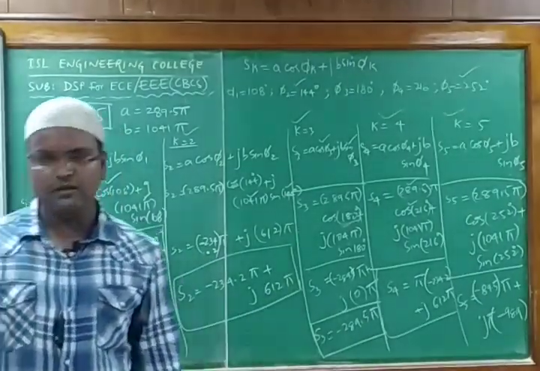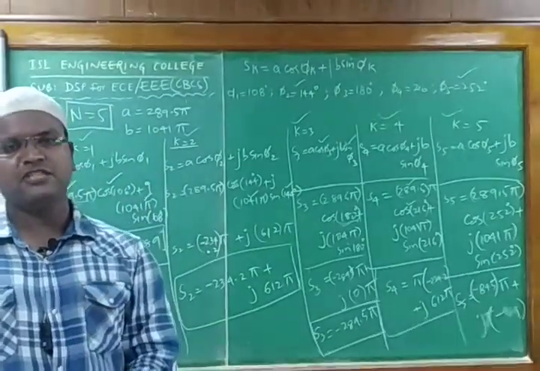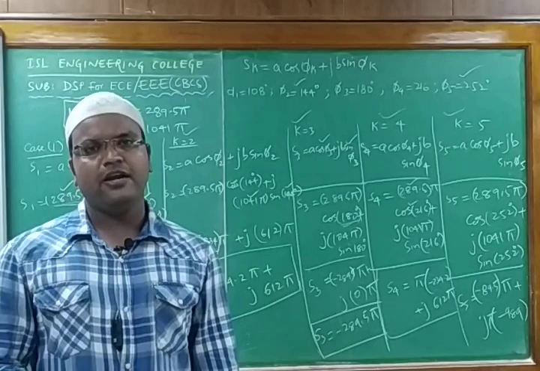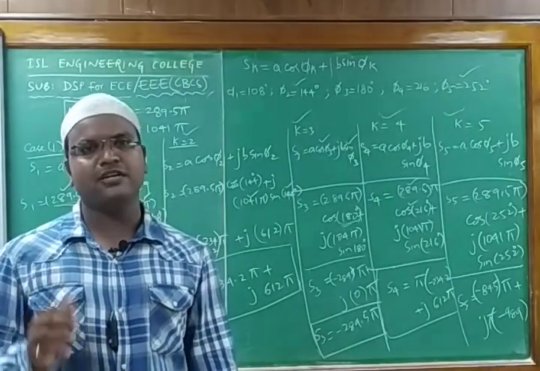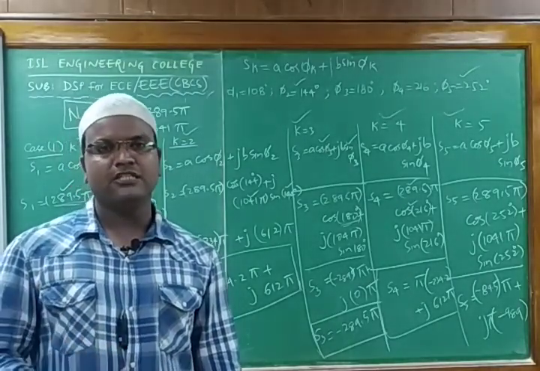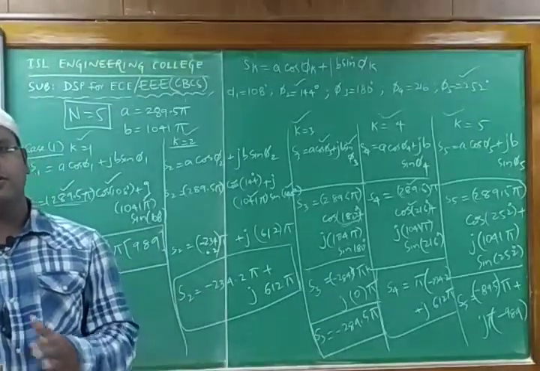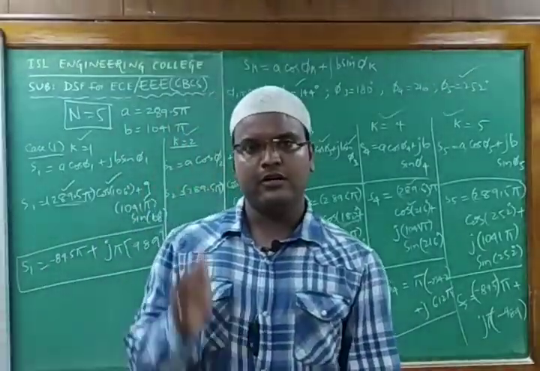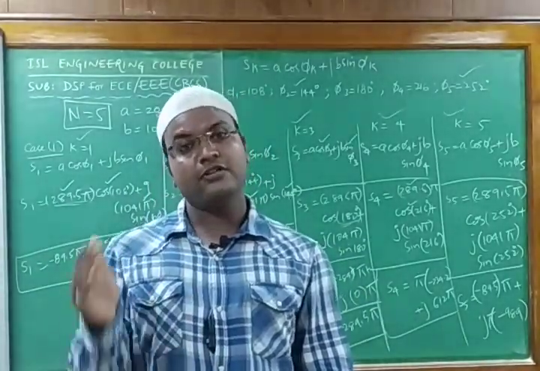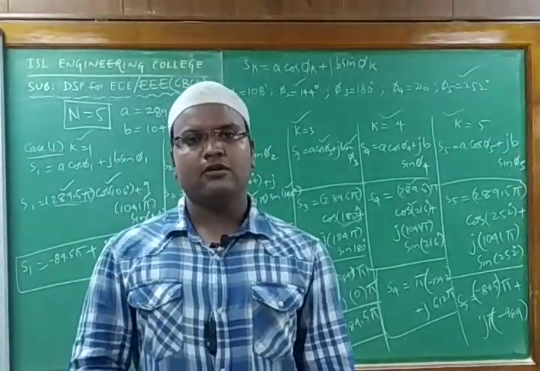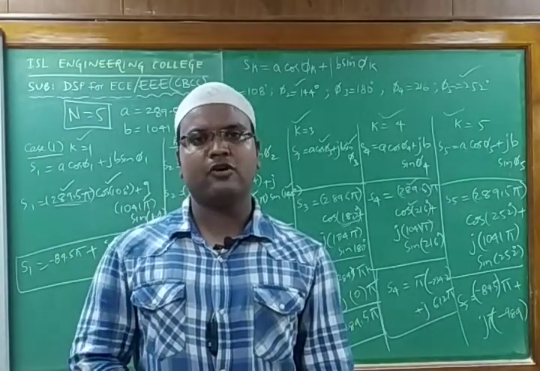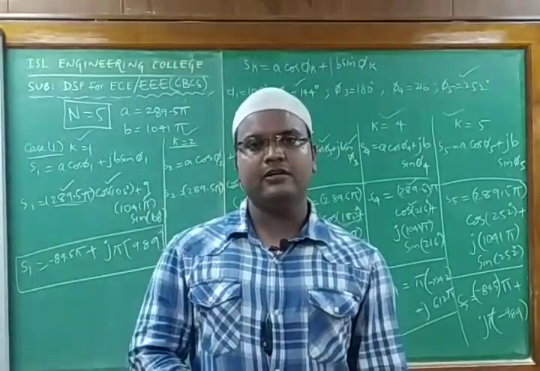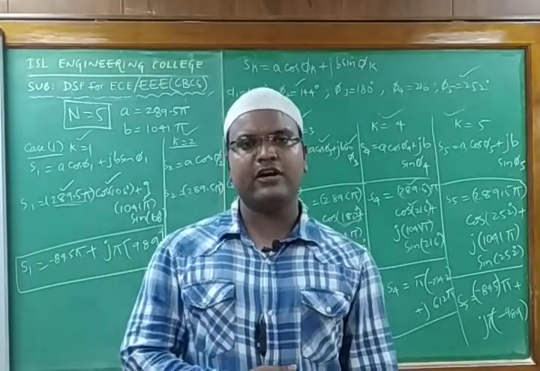So this is the way we can solve Chebyshev filtering. It carries 10 marks. Definitely you will get a question in the digital signal processing paper, either Butterworth filter approximation or Chebyshev approximation. In that, when you are proceeding with Chebyshev approximation, the first thing to remember is the order of the filter. Both are the same, Butterworth and Chebyshev. There we use logarithm, here we use the inverse hyperbolic function, that is cos hyperbolic. Then we find the order, and after getting the order, next we need to find the poles and zeros.